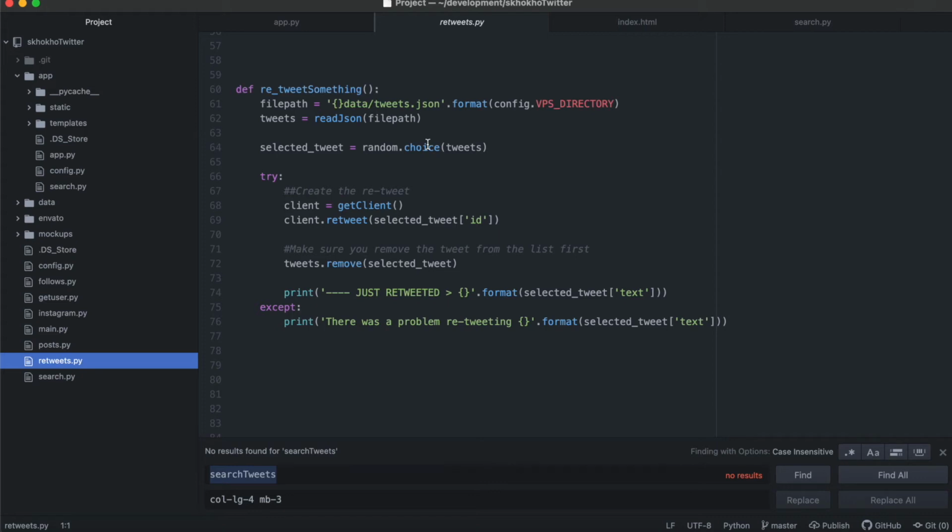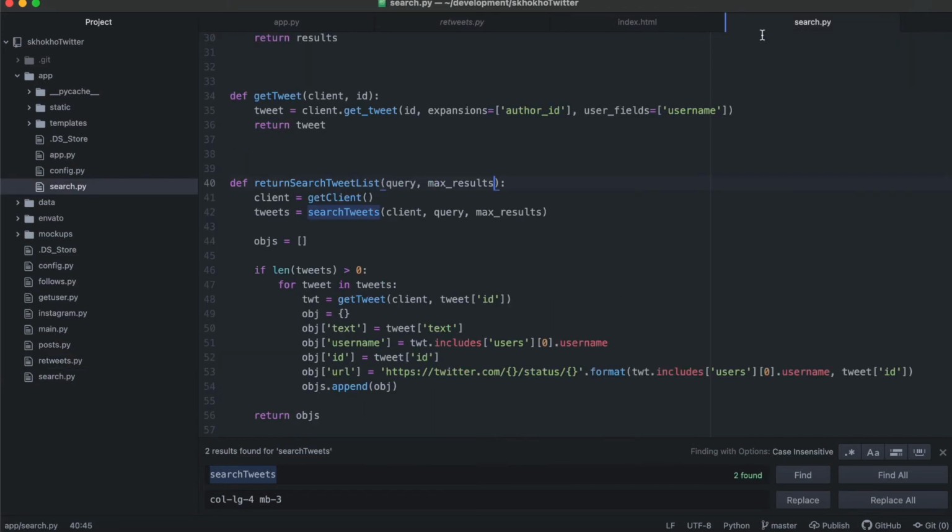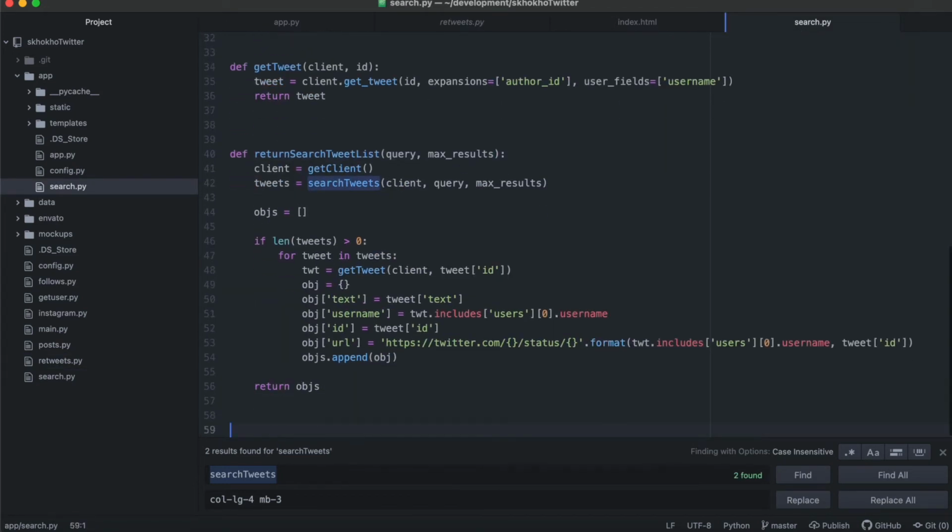Client retweet. You just need the tweet ID. Okay. You see there. That's the function for retweeting. I wrote this for something, for another thing, but that's not what I needed it for. So I'm going to copy that. Right, and I'm going to go into my search, and I'm going to create a new function here that I'm going to call